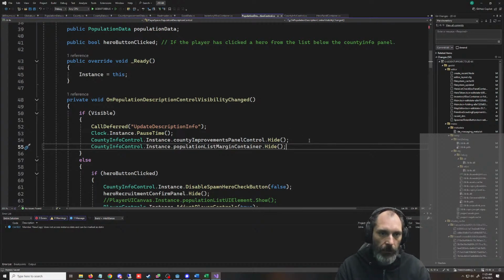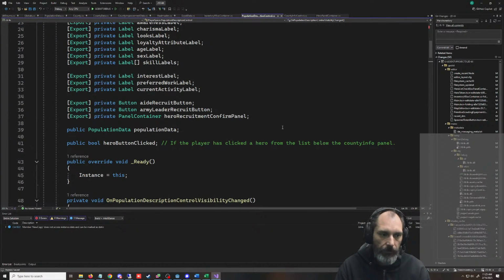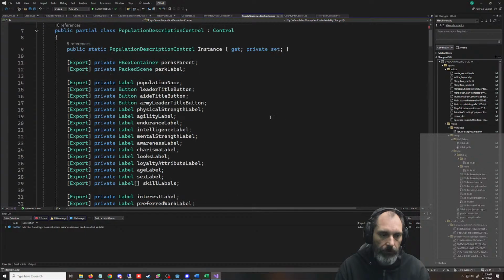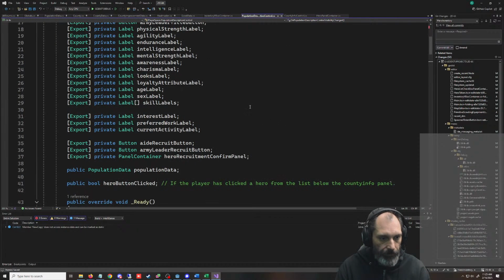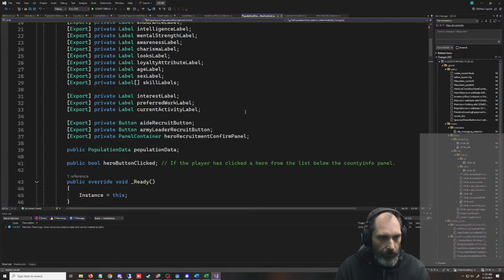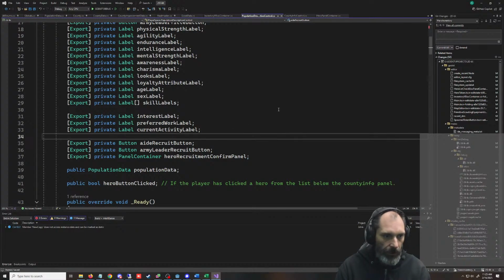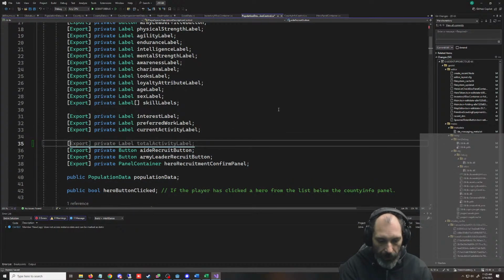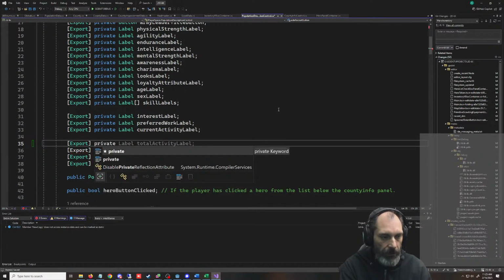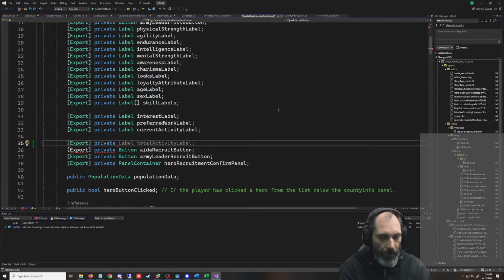I've got to find where it goes. Right here is where it goes. It's going to be a private. I think it's a V box. No, it's an H box.